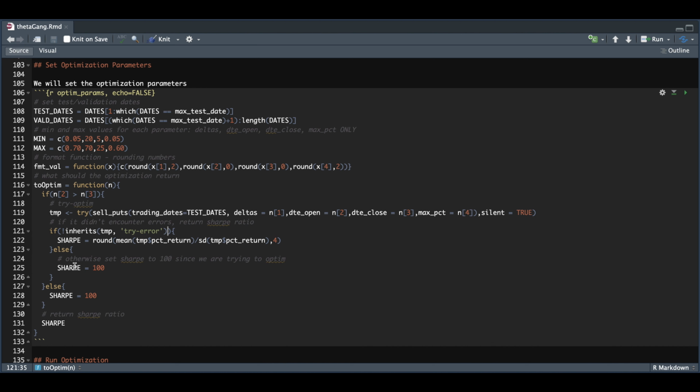Otherwise, it's going to set the Sharpe equal to 100. And since we're minimizing, this has to be set to negative so that it's actually maximizing our Sharpe ratio. Otherwise, if the number of days to expiration on the open is less than the close, it'll also return a Sharpe of 100. Once we have defined our parameters and built our optimization function, we can actually go ahead and